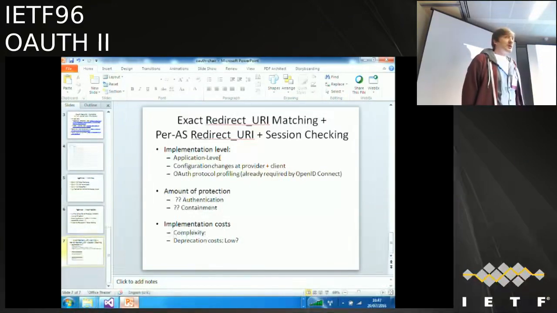Nobody, when I send out the agenda for the meeting, nobody sent me a message and said, this is an attack that I don't care about. I want to discuss a different attack. Did I see such a message on the list? No, I didn't.